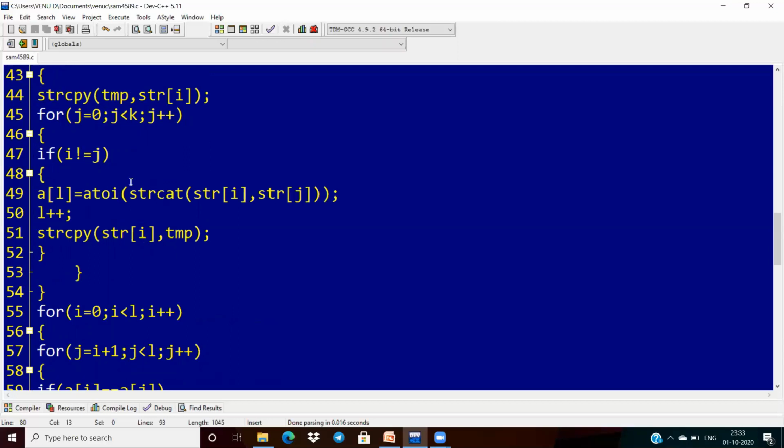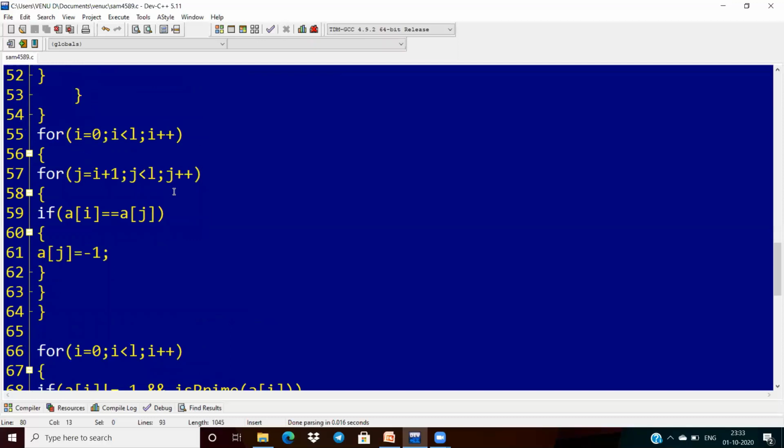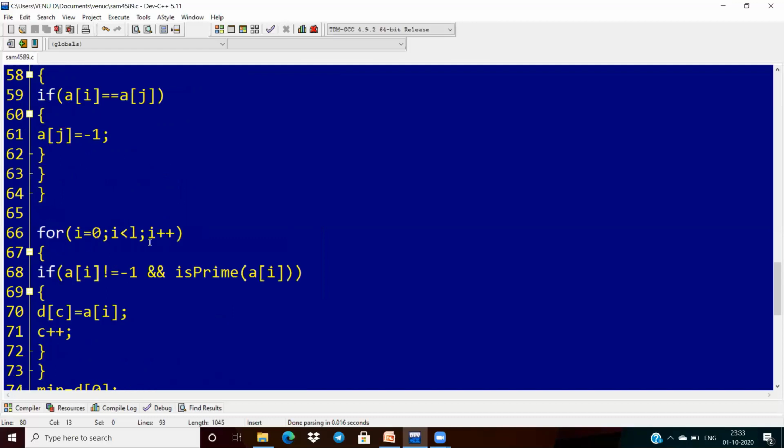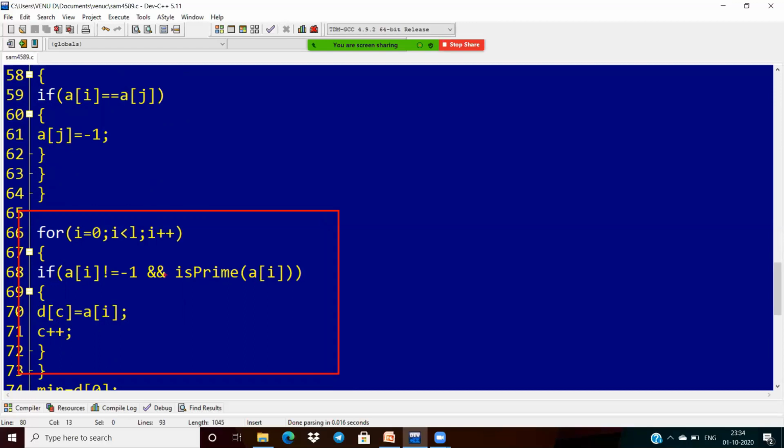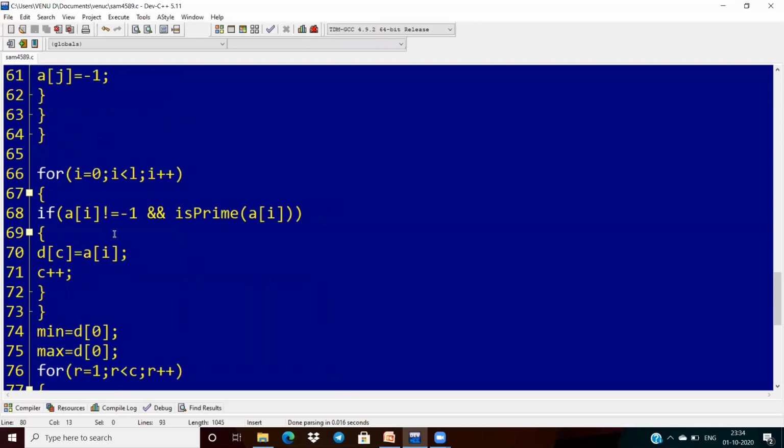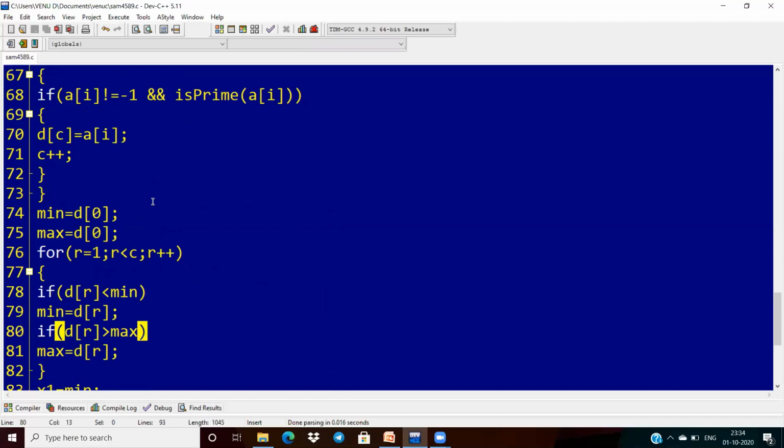I'm doing the concatenation, converting back into the integer type, and finally this is for removing the duplicates. After removing the duplicates, we have to verify whether each is prime or not. Finally, with this I will get D, the array consisting of the second list, and store the count of how many prime numbers there are, that is the C value. That many primes means that many Fibonacci terms we have to display.